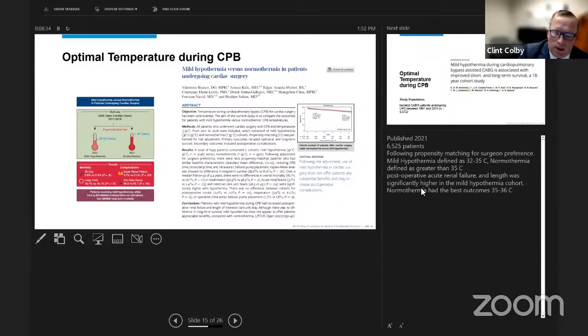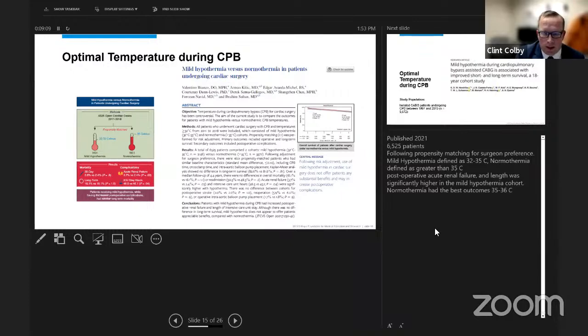Mild hypothermia, hold on, there's one key point on the last slide that I forgot to discuss. They talked about how mild hypothermia was classified as 32 to 36 C. And most agree upon that 35 C is more readily mild hypothermia. So their study actually only had normothermic over 36. In this study here, they described mild hypothermia as defined as 32 to 35 C, and normothermia is defined as